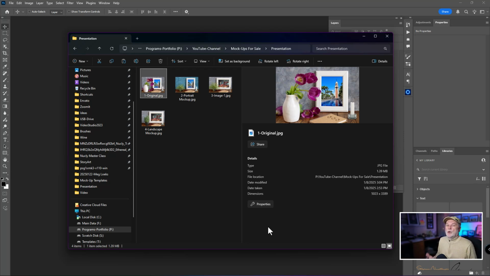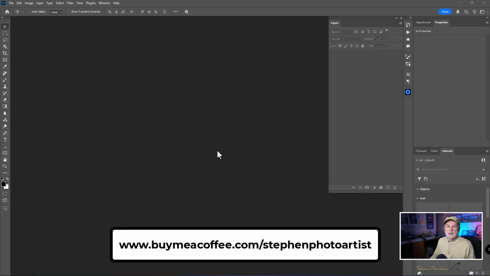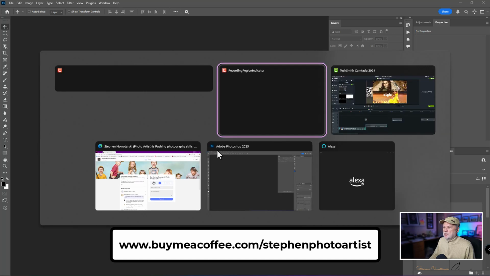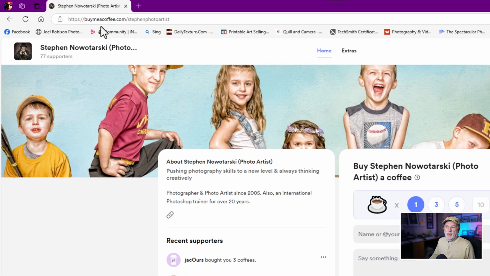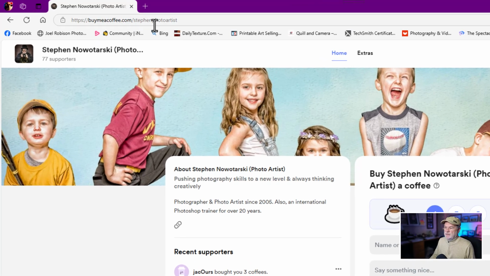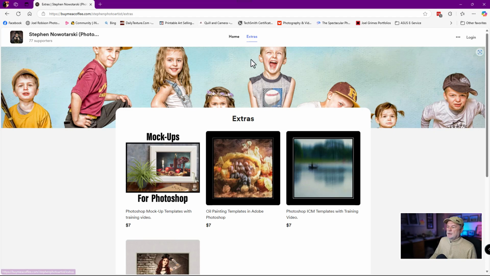Okay, so where do I find buying these templates? I'm going to show you the templates here in a minute, but you would actually go to buymeacoffee.com/Stephen Photo Artist. You will actually see this in the link here, but it'll actually be in the show notes. Let me go to that website. So again, you'll see it's buymeacoffee.com/Stephen Photo Artist. And this is what's called the homepage. That's where you're going to be defaulted at. And if you go to the extras tab right there, you will see now added here with my other items